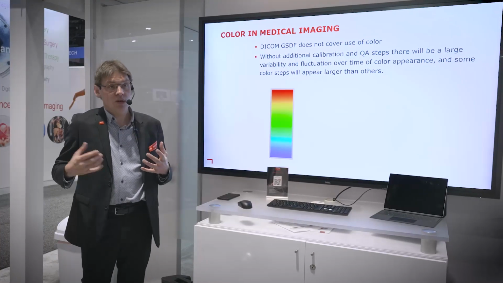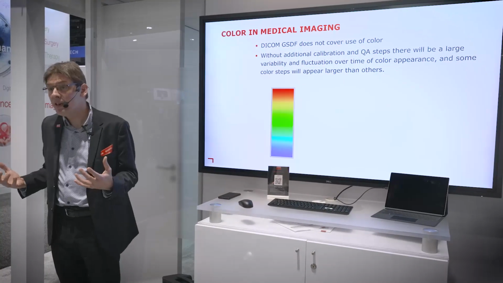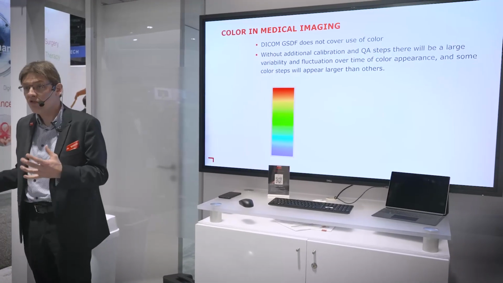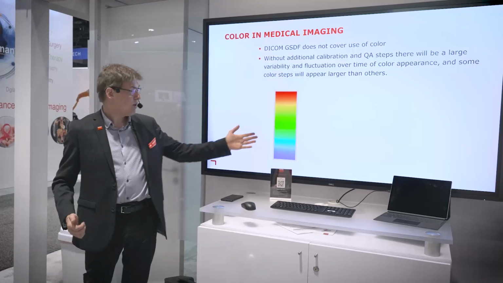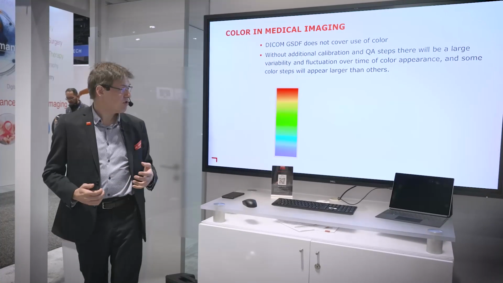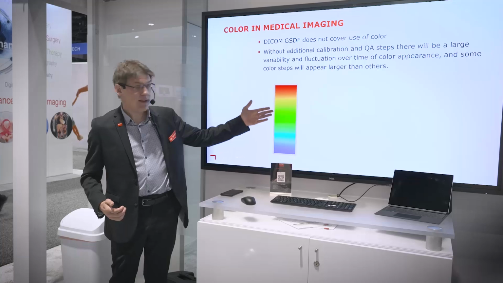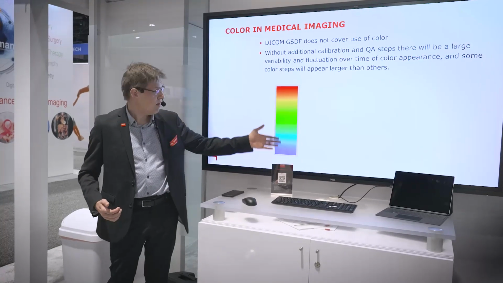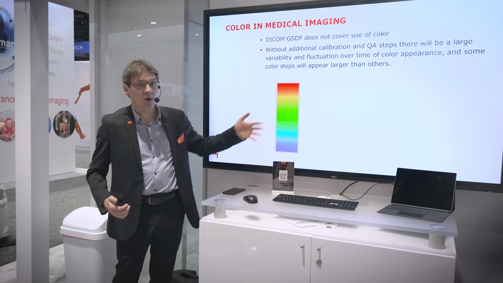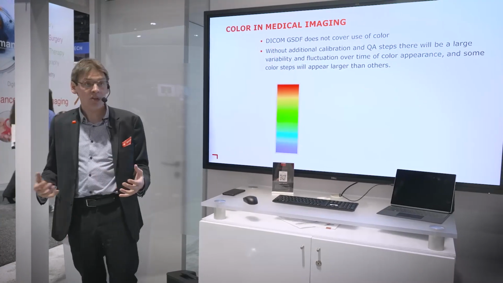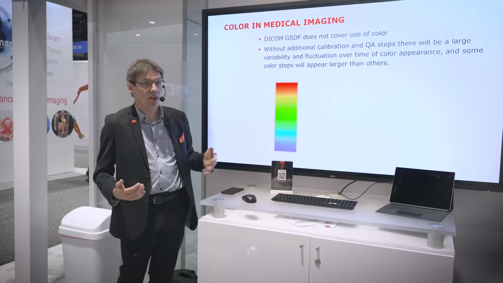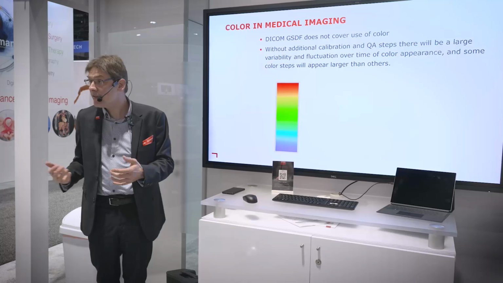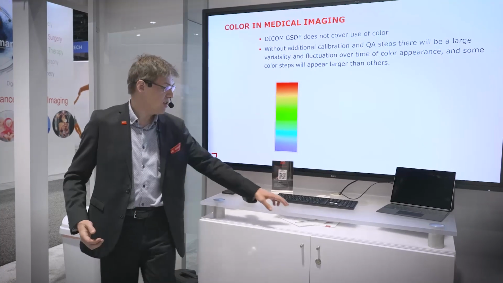Moreover, your color will not be perceptually linear. It means that some color differences will actually be much larger or smaller than other ones. You can see that very well here in this color ramp, where you hardly can see any differences in the green, you hardly see anything in the blue, and then there are huge steps going from one color to another. So that's not what you want. You want to equally be able to see all different, I'm not going to say shades of gray, but color tints that are available and are being used in medical images.